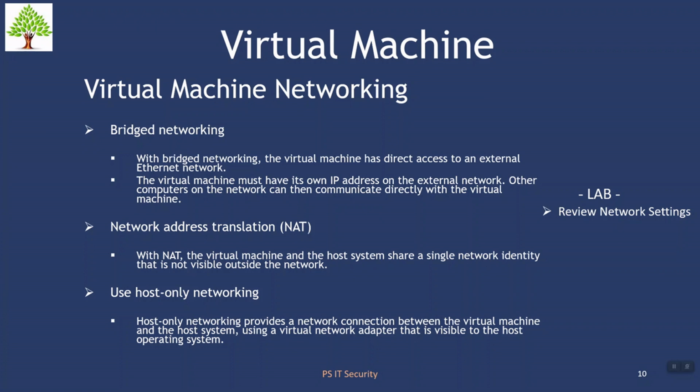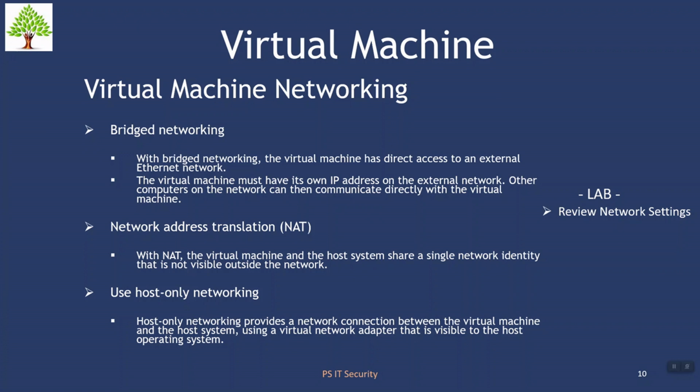With bridge networking, the virtual machine has direct access to your Ethernet network. So it will directly access the Ethernet network which is in your laptop, and the virtual machine will interact with your external network. The virtual machine will get its own IP address from your wireless router or your DHCP server,